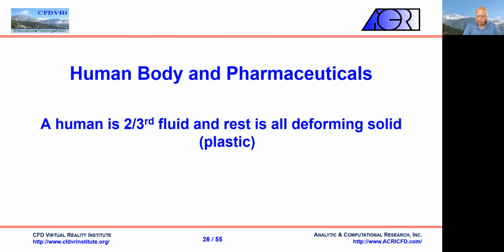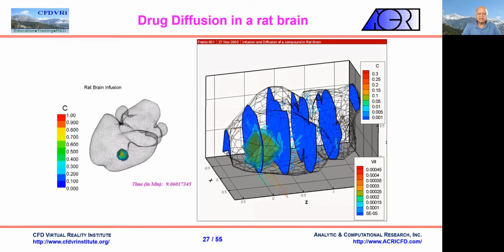Let's look at the human body and pharmaceuticals. Here is an example of drug diffusion in rat brain. As you know, the blood-brain barrier is a very important barrier, and we don't fully understand what goes across this barrier and what doesn't go across this barrier. So sometimes the option may be to inject drugs directly into the brain. If we do, how fast do they travel? Where do they go? What are the concentrations? These are the kind of questions that we've done. So this is the model of a rat brain that was actually studied. The poor rat was, of course, dissected at the end of that and matched with the data, and it came out quite reasonably well.